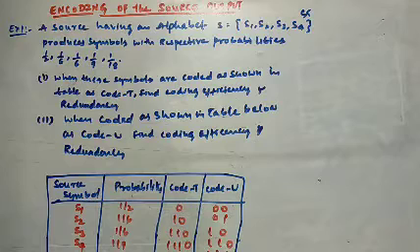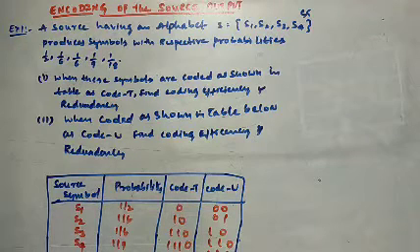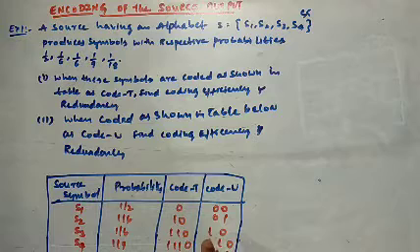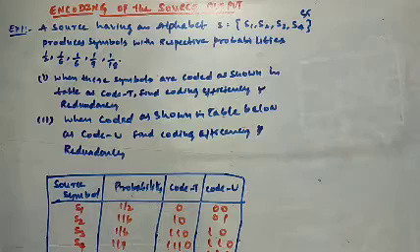This is a part of the communication system, an encoder, where encoding means the process of converting the symbols into the bits, into the bits to be transmitted on the channel. Here how we have coded, we'll discuss in the next upcoming problems. Here is an example to find the coding efficiency and the redundancy.